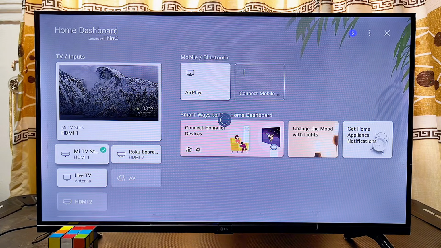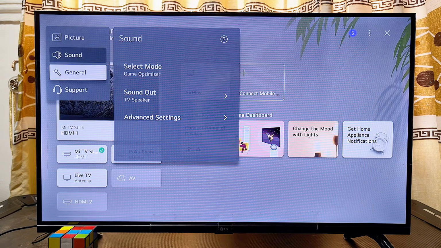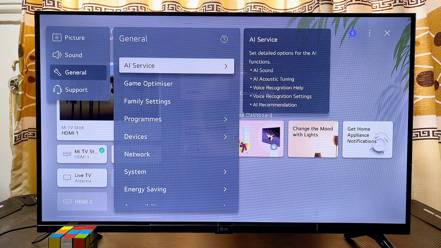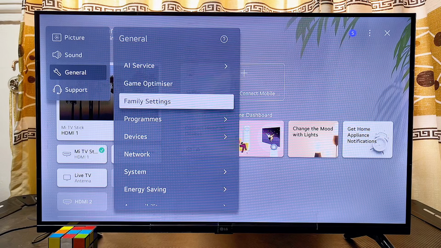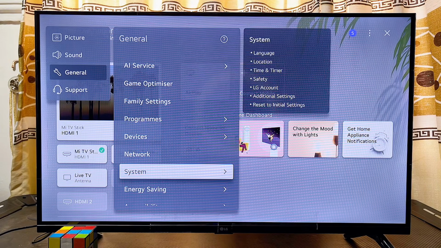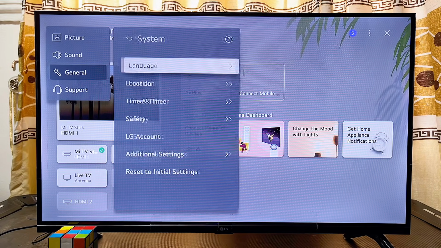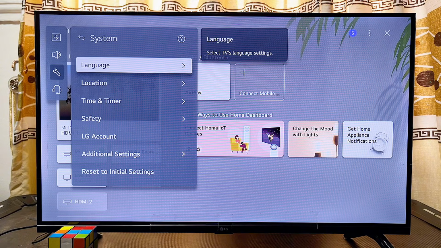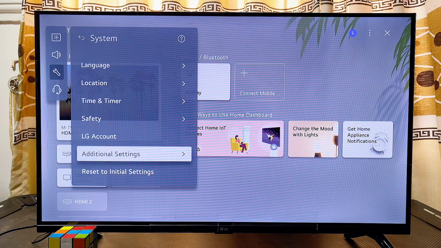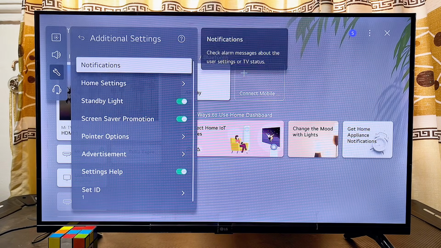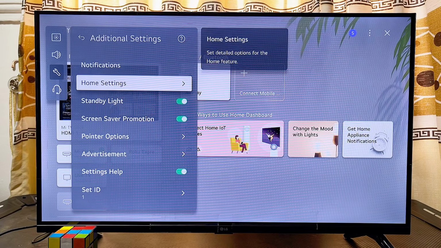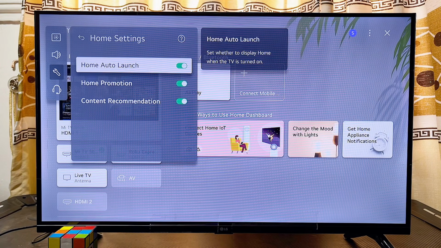Click on it. Now you want to scroll down until you get to general and then navigate to the right hand side. Now what you want to do is to just scroll down until you get to system settings over here. Click on it as well. Now from here, what you just want to do is to go ahead and click on additional settings. Now scroll down and click on home settings, and at this point you want to go ahead and turn off